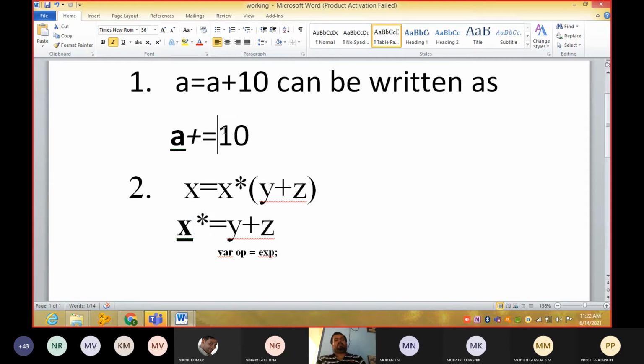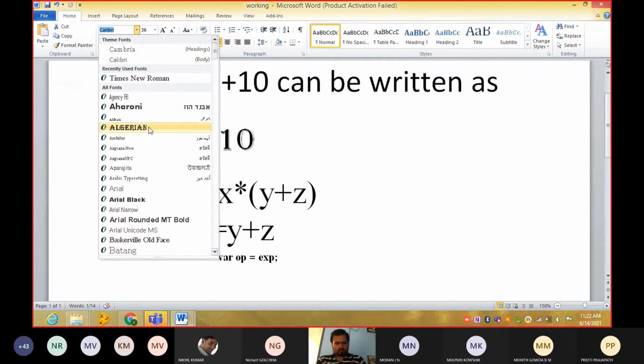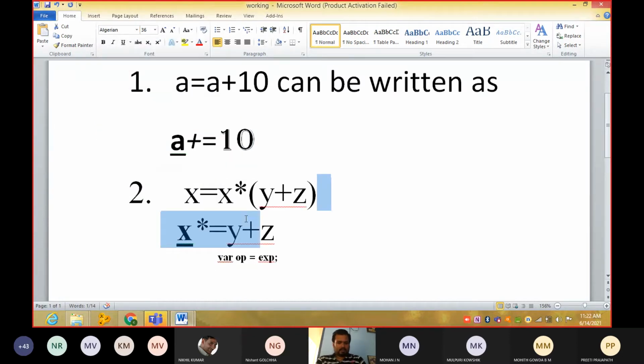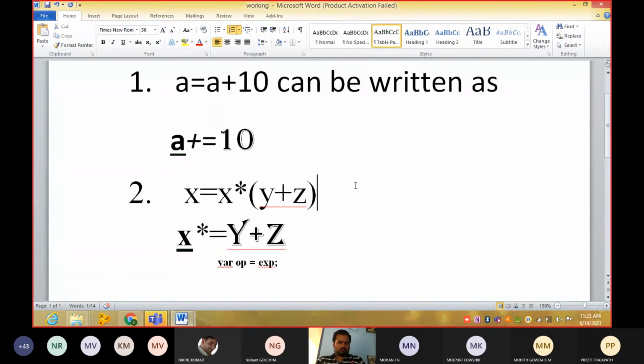And this is the expression, guys. And even this is the expression. A, X are the variables, plus and star are the operators, and the right hand side will be the expression. It is variable, operator, expression.